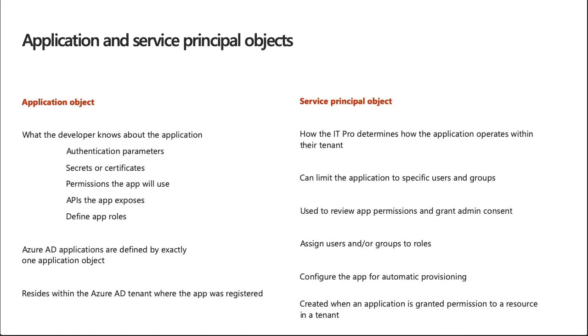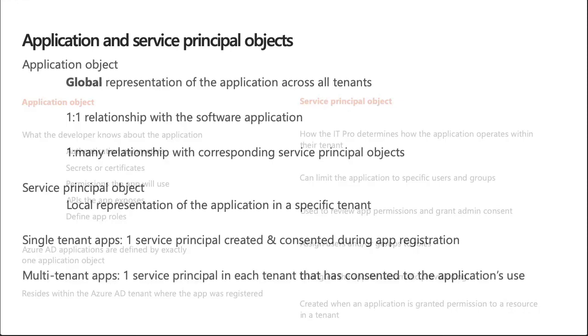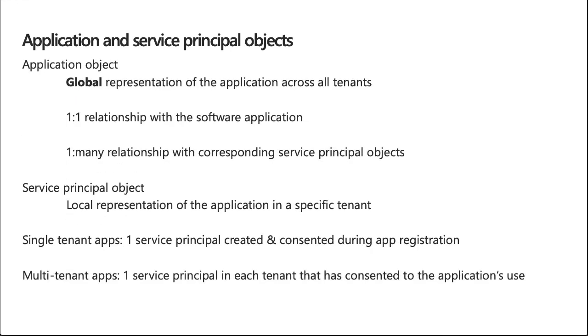For a multi-tenant application, when an application is given permission to access resources within a tenant, a service principal object is created within that tenant. So consider an application object as the global representation of your application for use across all tenants. And the service principal, you can think of that as the local representation for use within a specific tenant. Application objects have a one-to-one relationship with the software application and a one-to-many relationship with its corresponding service principal